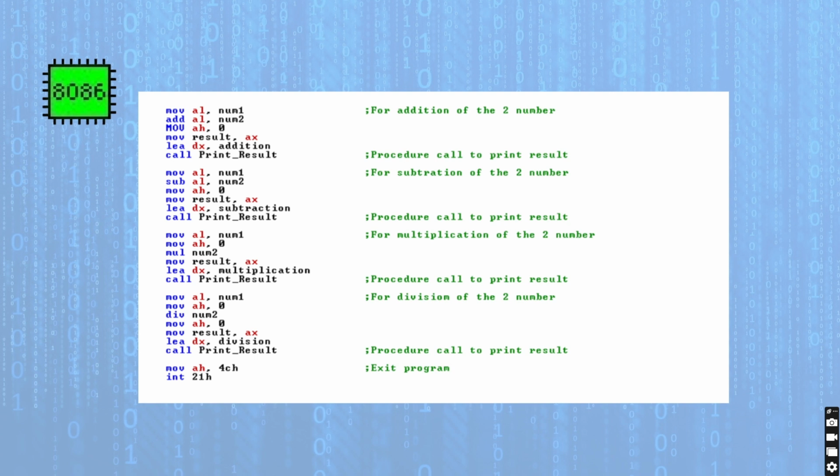Now let's move on to the arithmetic operations. First, for the addition, the value of num1 is moved into register AL. Then we use the add instruction to add num2 to it. The result is stored in register AX and we copy it into the result variable. The program then loads the label addition result into DX and calls the print result procedure